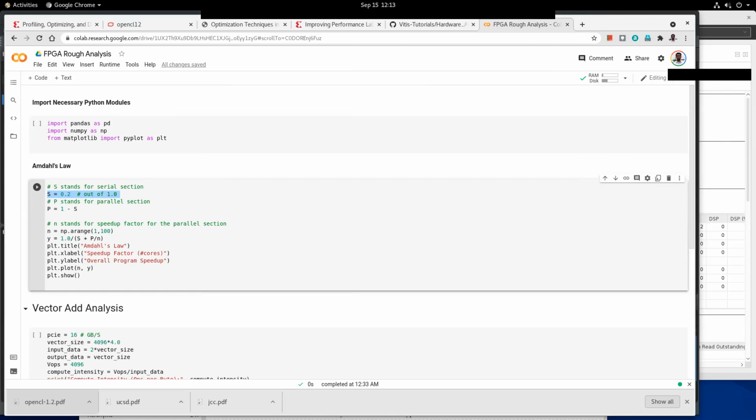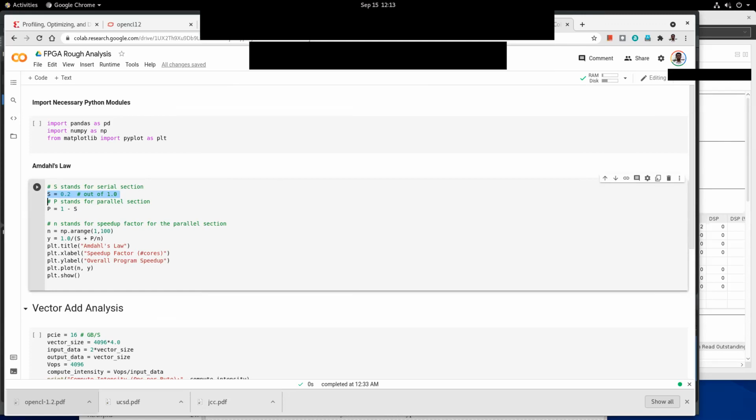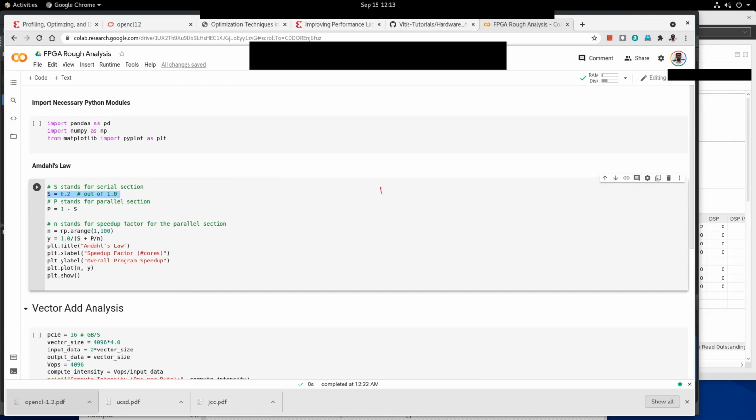If the whole program takes one time unit to run on a sequential processor, where both the parallel and serial parts are run in a sequential fashion, and if you obtain a factor of n speed up on the parallel part, either by using n cores or by some other mechanism, then the overall speed up that we get is this.